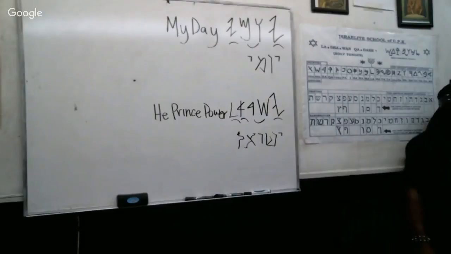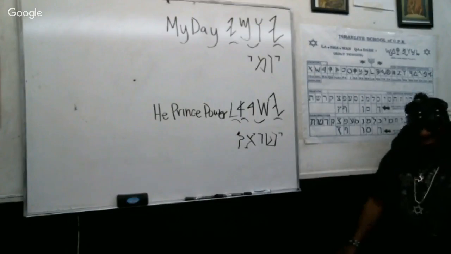Go ahead, Mario. You say you do the numbers next? Well, I'm gonna give you a couple words first, then I'm gonna do the numbers. A lot of brothers and sisters already know the numbers by heart. But it's more so for the newcomers too. They might not know it. They may need some numbers. Go ahead. You know the numbers by heart. You should write them on the board for everybody. That's right. Most High Christ. You know the numbers by heart? All right. So we're gonna have somebody else at the end write all the numbers. Yeah, you gotta have somebody else put them up at the end.